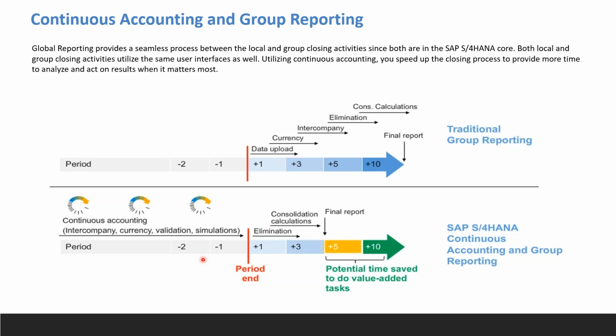Anyway, you are doing it through file upload. The time taken to upload into the BPC or the time taken to do the flex upload in the group reporting will be the same, right? You're not saving much time. But here in the group reporting, you are uploading the data, and there is no need to do any other validations or anything. Directly you can upload and you can start the elimination process. But here on the BPC side, you need to do the currency translation and everything. You need to execute those tasks. In this case, those tasks are not necessary in the group reporting.